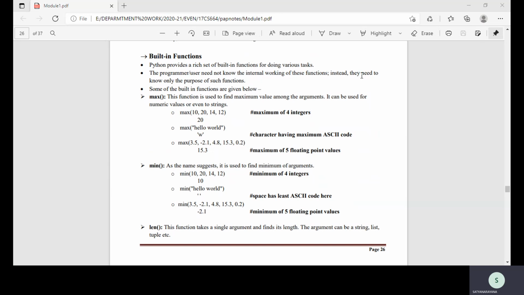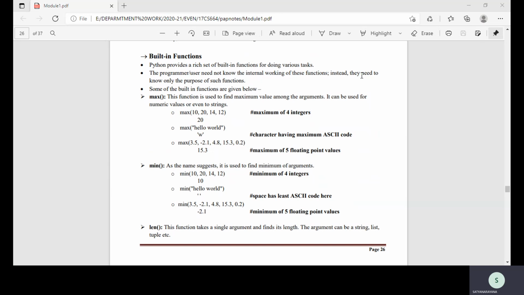You can see the maximum has been returned as 40. If you want to find the maximum value in a given list of numbers, you can do that. At the same time, max also works for strings. Max of hello world, the letter at the maximum level is w. When I execute this, you can see the w has come.